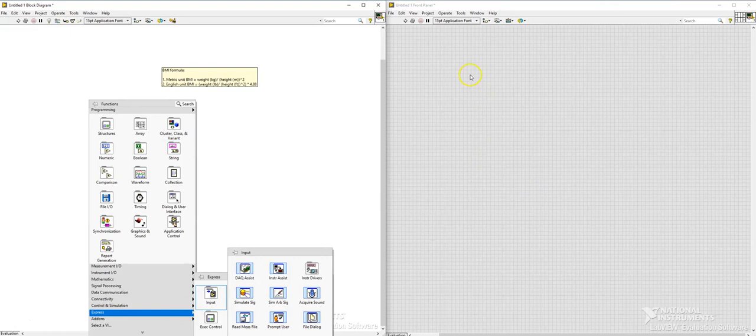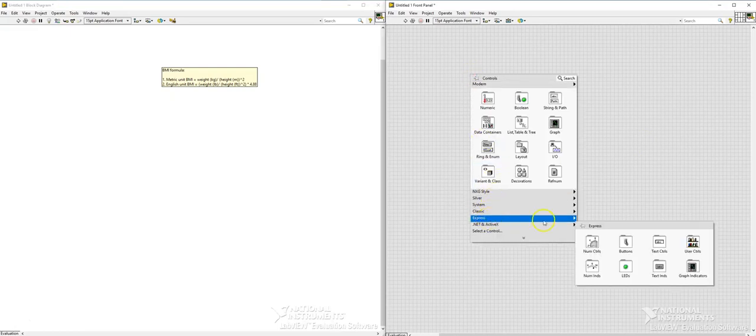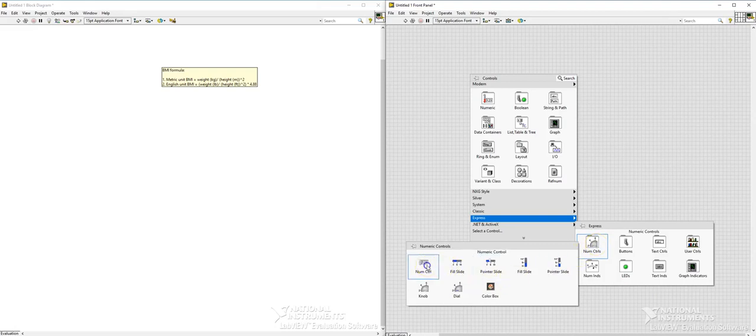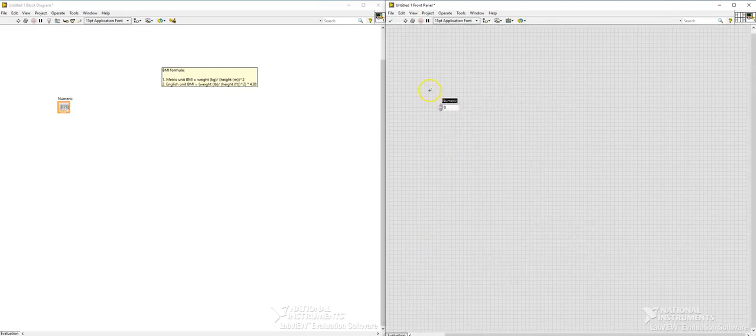So I'll actually go here first, because that's the way we do it. Go to Express and then Numeric unit. I'll just use this. This is for my weight. Before I write, I also have to make sure that I use the same symbol for height, because we have to enter the weight value and the height value. So I'm going to copy this